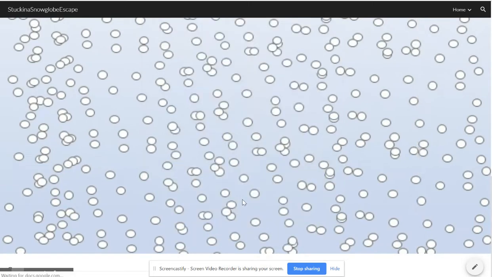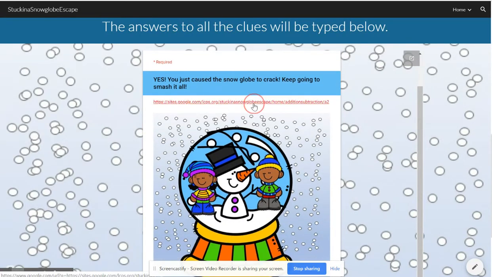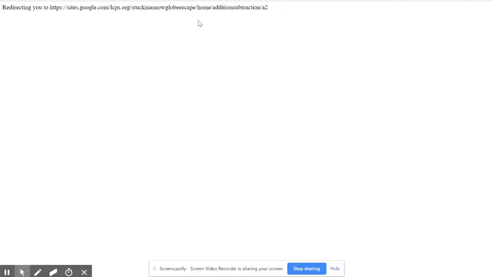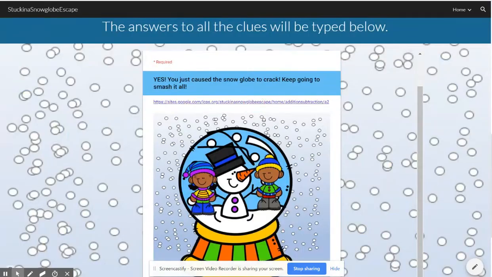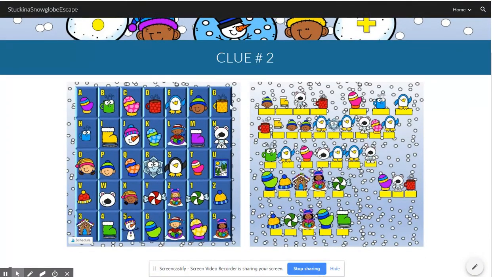Then I click next. And then it says, yes, you caused a crack in the snow globe, right? And students are going to click this link. Now you'll notice that another screen is populating. You always want to tell kids to keep this screen open. You never want to close it out, otherwise they'll have to start all over again. But this screen has a little cipher puzzle, and if you decipher all of it, it says find the difference between two numbers, and the answer is